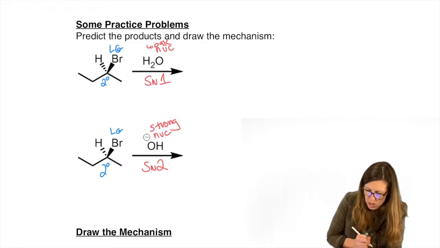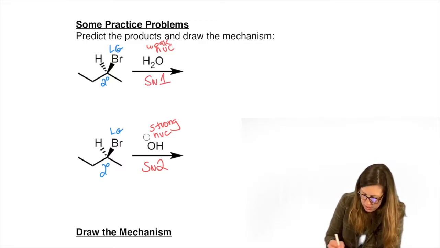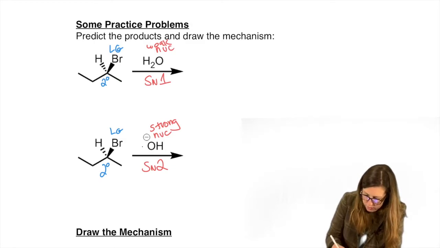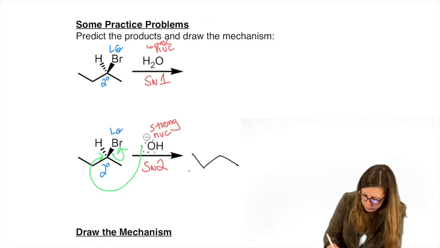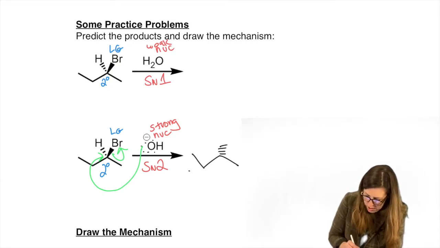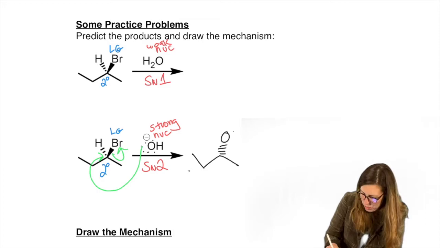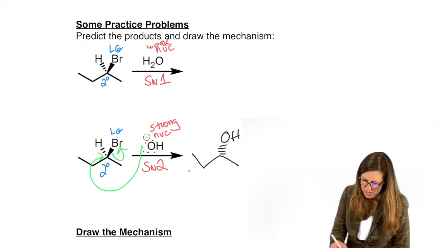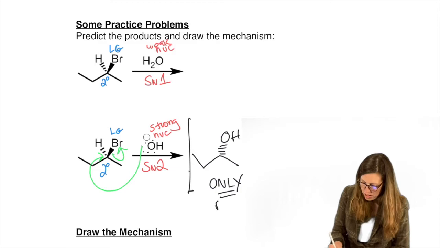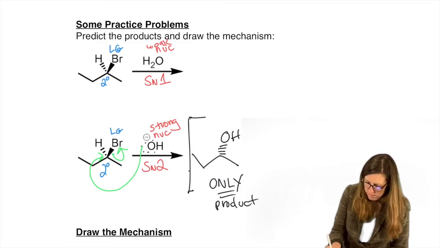All right, so SN2, we know how to draw that. Backside attack. Let's do that first, get that out of the way. Put the nucleophile there and the leaving group leaves. Only one product. Bromine on a dash. Oh, what am I doing? Bromine's gone. OH on a dash. I think I'm getting tired. We'll pause after this one and let you do the practice problems. Okay, so only one product. There we go.